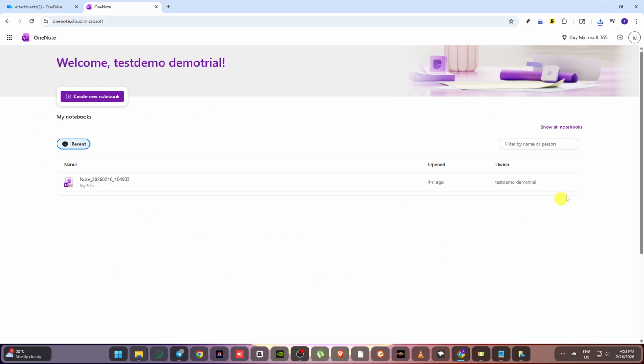Once you're in, you'll land on the OneNote home screen. This page is designed to make it quick to pick up where you left off or start something new. Front and center, you'll see a section that lists your recent notebooks. This is where your most recently opened and edited notes will appear. If you already have notebooks saved in the cloud, you can open one from here, and it will continue saving